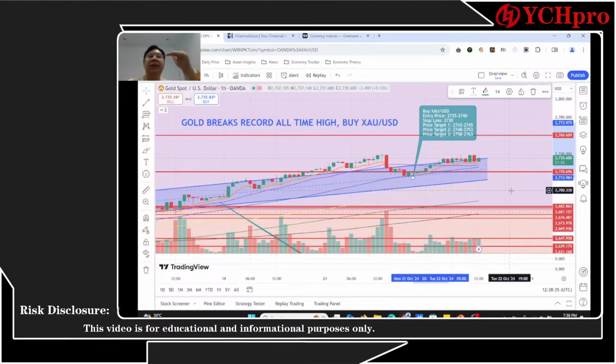When the RSI reaches below 50 and stays below 50, that usually means downtrend momentum is still continuing. Meanwhile, if the RSI is above 50 and keeps maintaining higher and higher, that means the uptrend is consistent and healthy enough. So that is what you could use the RSI indicator for.